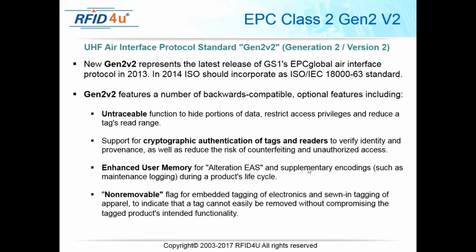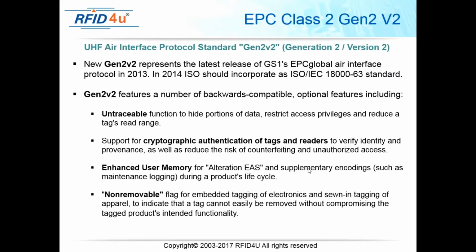Once again, the Class 1 Gen 2 is another name for it. GS1 and an organization within GS1 called EPC Global has set up the standards for UHF and got approval for the standards, and that standard was called Class 1 Gen 2. I don't know why it says Class 2 up on top. That's an error on the slide, but anyway, it should be Class 1 Gen 2. And then it has subsequently added V2, version 2. But the key thing here is that EPC Global, your electronic product code class should be Class 1, sorry about that. Class 1 Gen 2